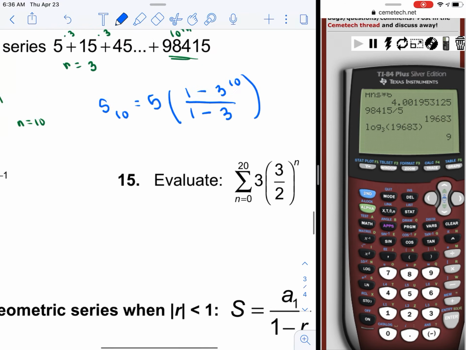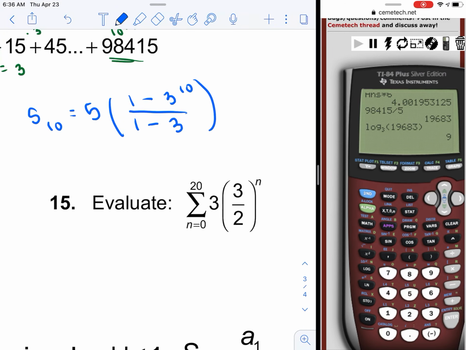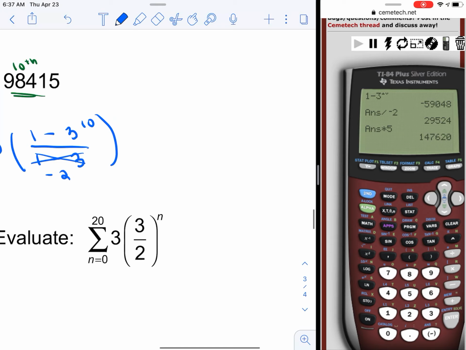So again, using your calculator, find the denominator value first. That's negative 2. Then find the numerator value. This is going to be big, but negative because 3 to the 10th power is going to be a very large negative number. Then we can divide that by negative 2. And then we can multiply that by 5. And we get